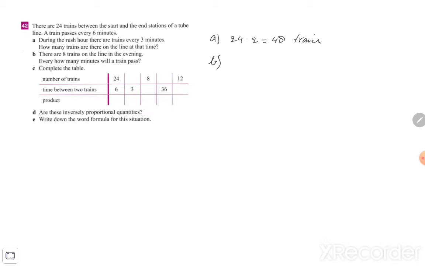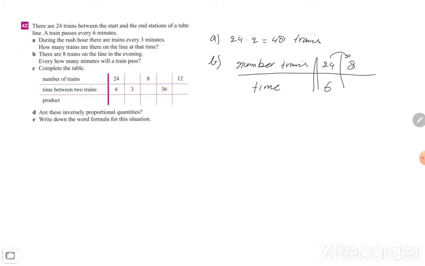B, there are 8 trains on the line in the evening, so fewer trains. How many minutes will the train pass? So if we know that with 24 trains, the time between the trains was each time 6 minutes. Now we have only 8 trains. So to go from 24 to 8,